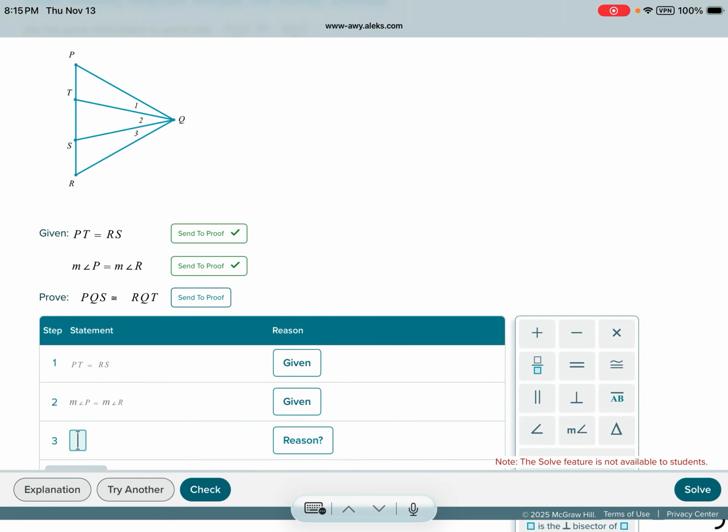We got this. All right, measure of P, measure of R. Let's do the easy one here. Let's do PQ and RQ. We will say that PQ is congruent to RQ